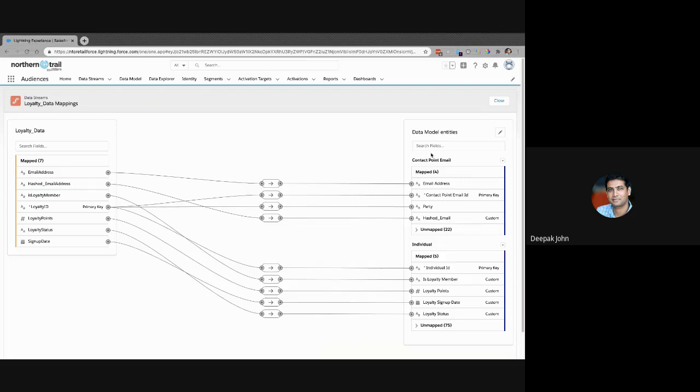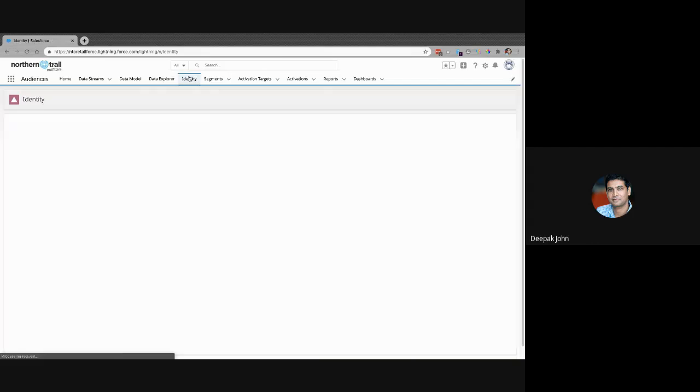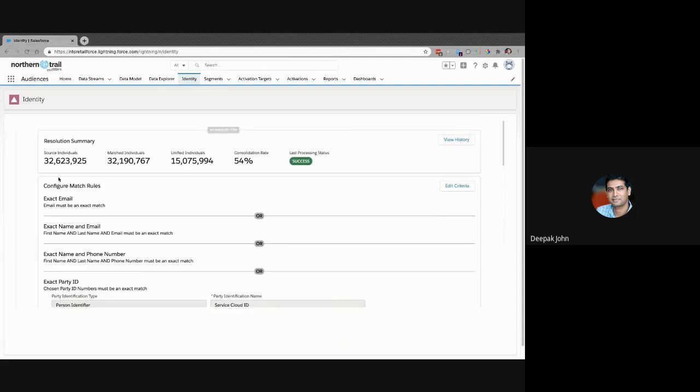So once the data comes into the system, the next set of things that we would want to consider is how do we uniquely resolve this into an individual? At the moment, this is just data sitting in a bunch of tables within Salesforce. So that's where this identity piece comes in. Now, identity is being able to resolve your data attributes and say, based on all of my data coming in, I'm able to match that into individuals and then unify them as individuals. How do we do that?